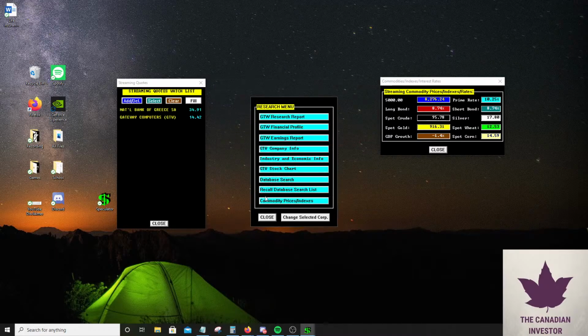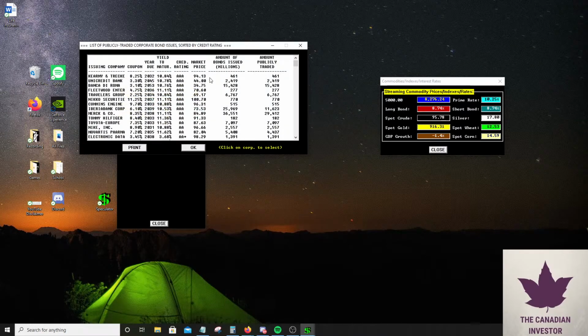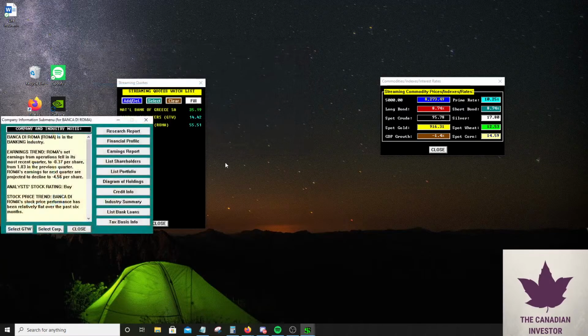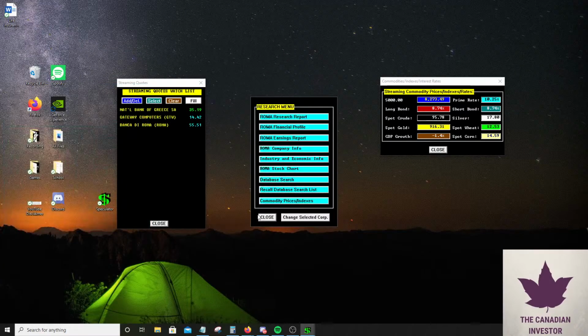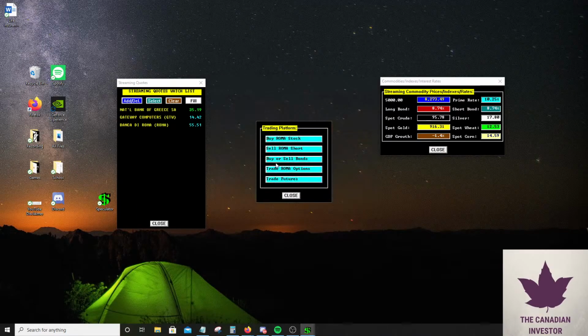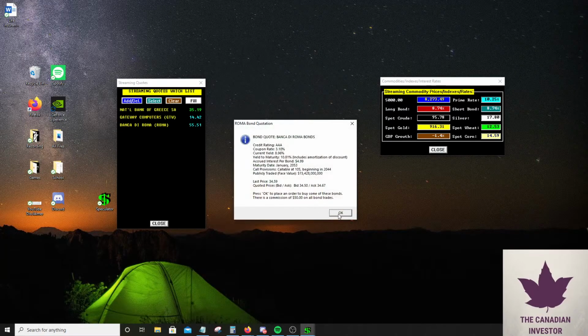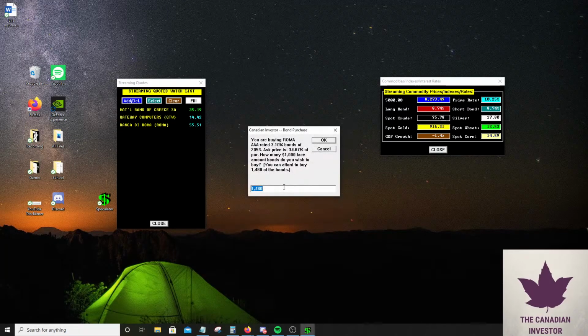Okay, so now we're gonna go ahead and recall. We're looking for some 2050 bonds or something. 2053 pays us 10% a year. And it's AAA, and the market price has been hurt so much. Oh my goodness, this is probably my new favorite bond right here. Pays us 10% right now. Interest rates could go up, or they could go down. Who knows? So I'm probably gonna put about 100,000 into Roma bonds, just because they're so discounted.